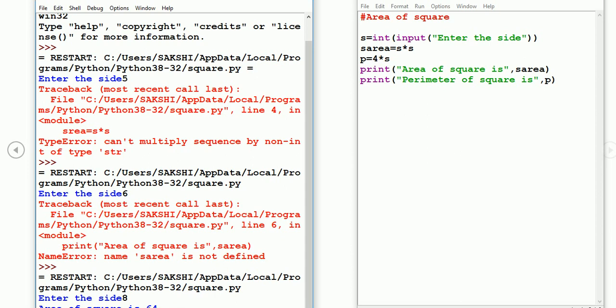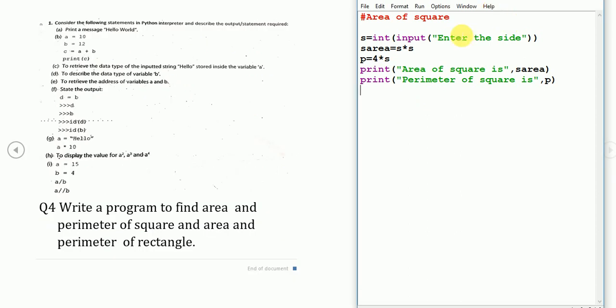Okay, the same way you have to calculate the area of rectangle. So in this case let us change the code here only. Let us make it now area of rectangle. And in this case we want to enter the length and the breadth. So we take it as enter the length and make it L instead of s.